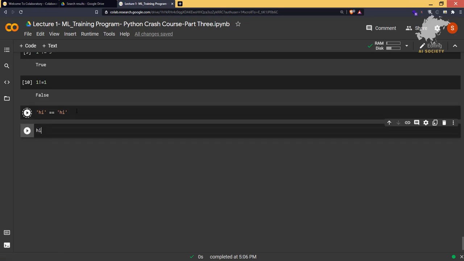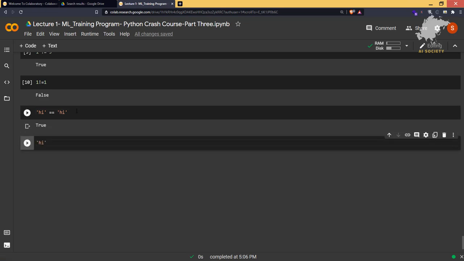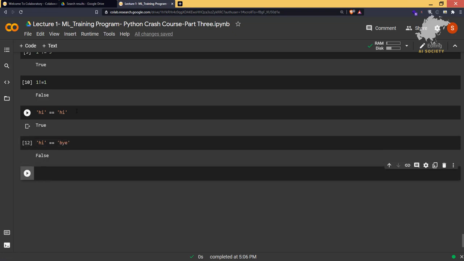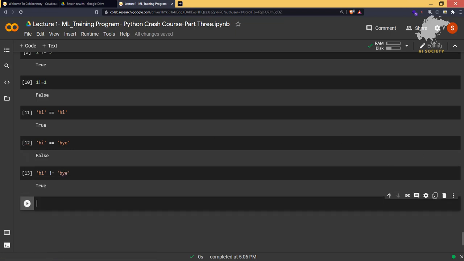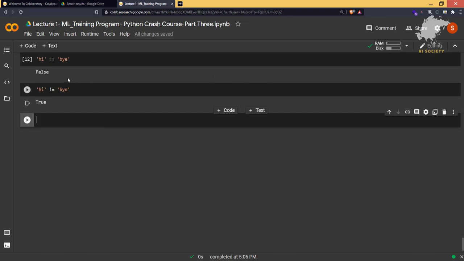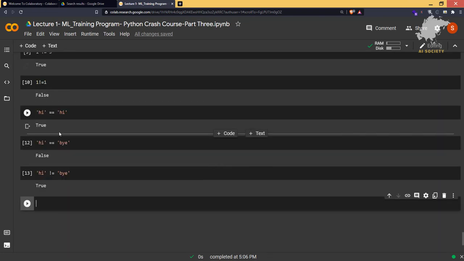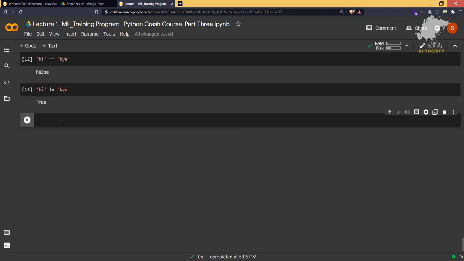If I type "hi" == "bye" or something, it gives us false. You can even use the inequality: "hi" != "bye" gives us true. So the comparison operators also work with strings.